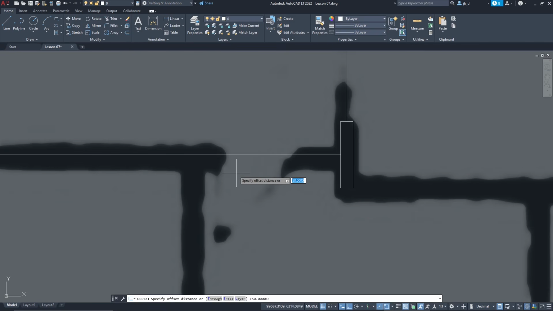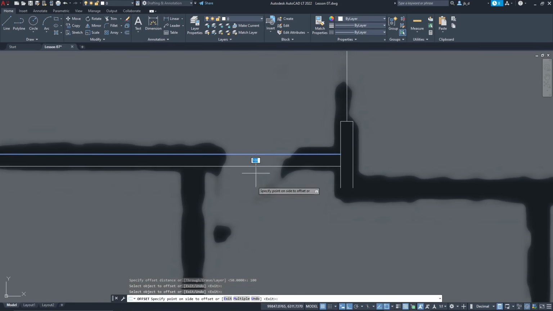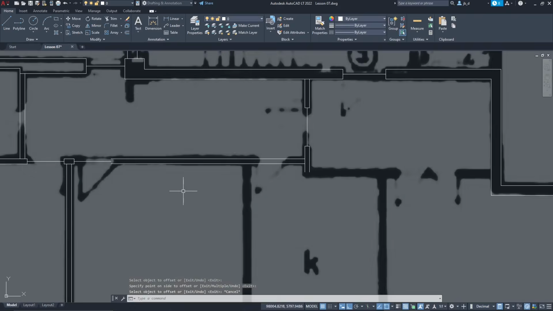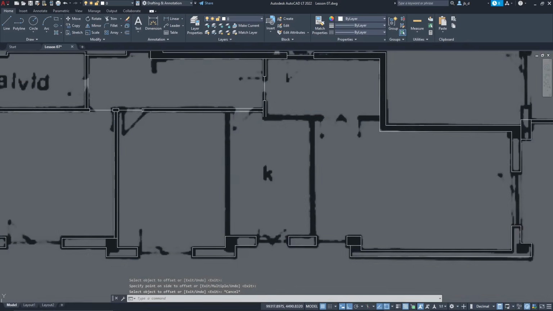Now here the offset will be 100, because it's not half and half, it's just one single offset from this side. And there you go. So I have this other wall here. Now let's create this